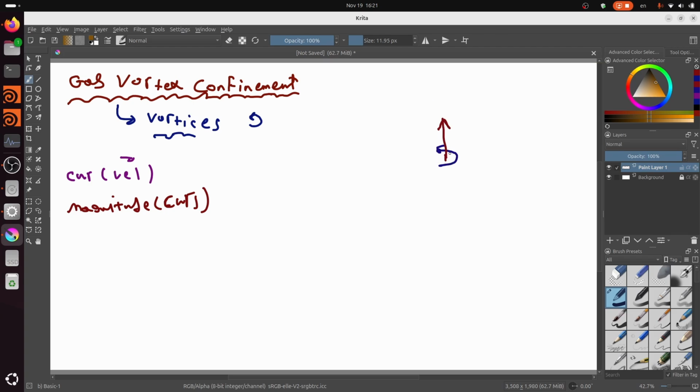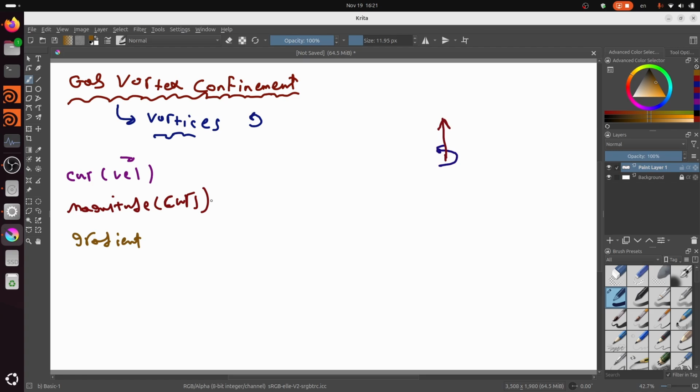Okay, as I said, the curl determines the rotation and the degree of the rotation and the axis of the rotation. So when you compute the magnitude of the curl, you will have higher magnitudes in the more rotating areas of your simulation. Then after this, you'll compute the gradient